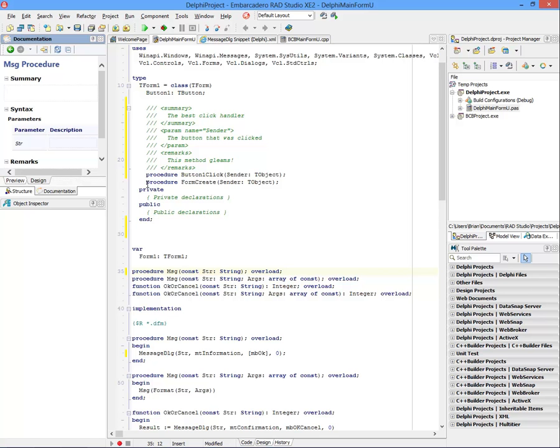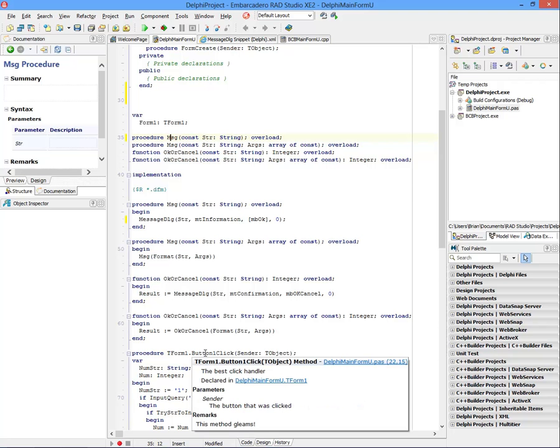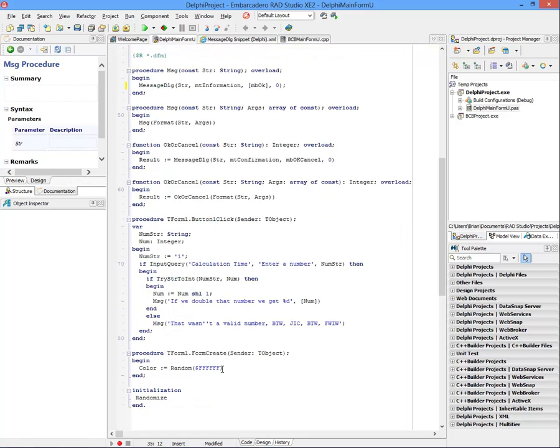Now the point of this is that when we then hover our mouse over a symbol, we do get this richer information. So here we do have the summary, we have the description of the parameter and the remark at the end. Now Tooltip Help Insight appears when you pause your mouse over a symbol. In addition, I think we'll find